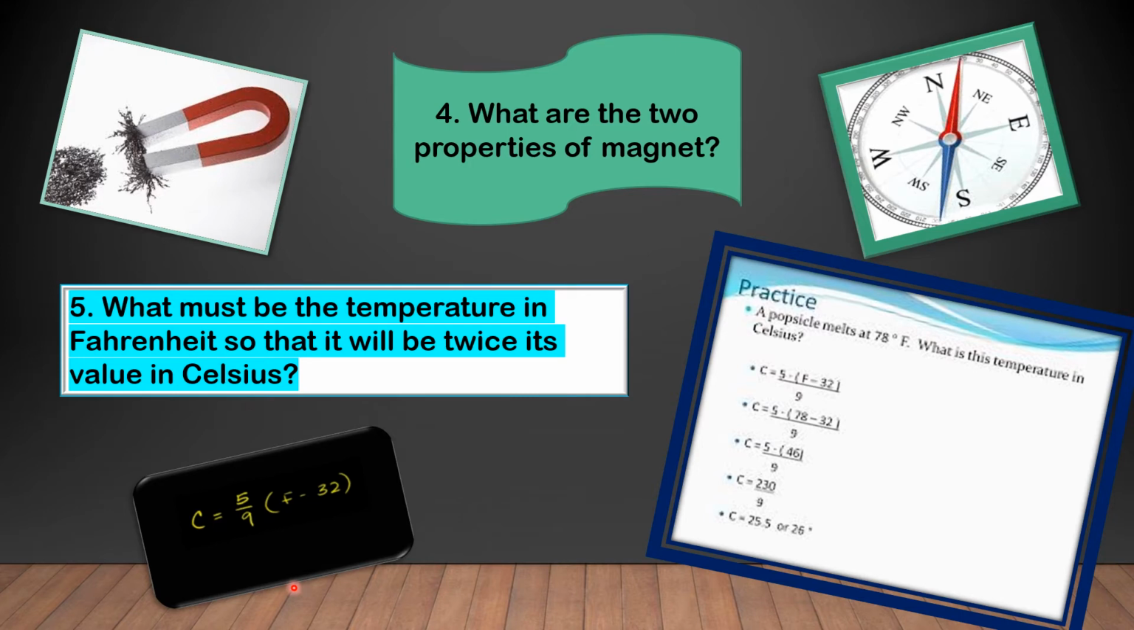So in this sum, you can start the sum like this. Let the temperature at Fahrenheit scale be x. Therefore, the temperature in Celsius scale will be 2x, because they have told twice its value in Celsius. Like this, you can do the sum. One example I have given over here. You see,